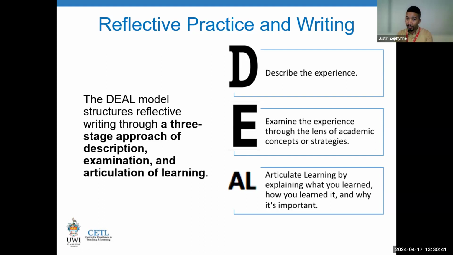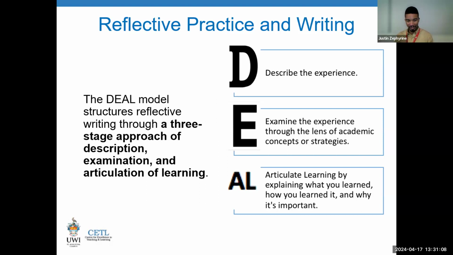And another model here. So we have Rolf's model, and Rolf's model has gone through several iterations as well. So you may see other names affiliated with it. But it's just one of the several models as well. This is another model, the DEAL model. Now those who know me here at CTL, they know that I like a good sale, right? But this is a different kind of deal. So the DEAL model